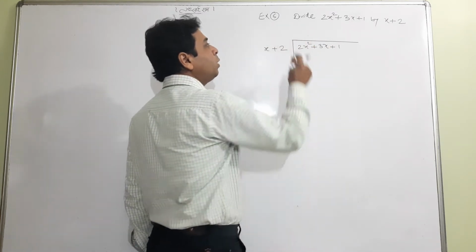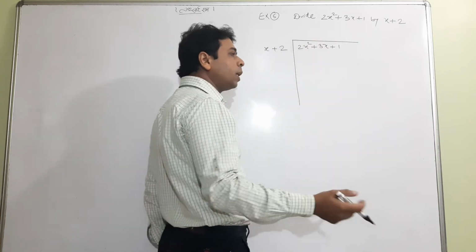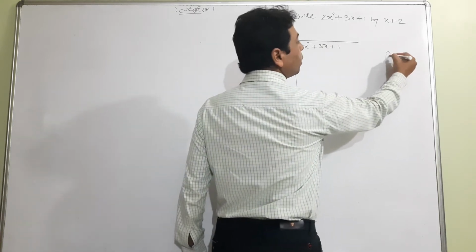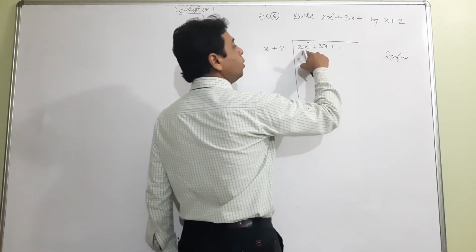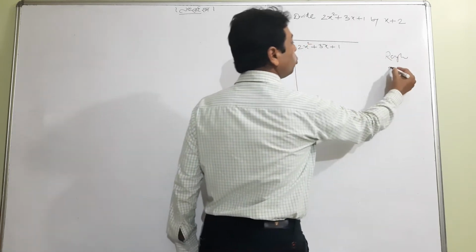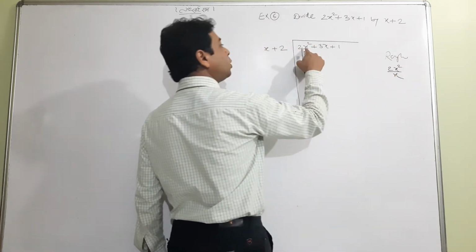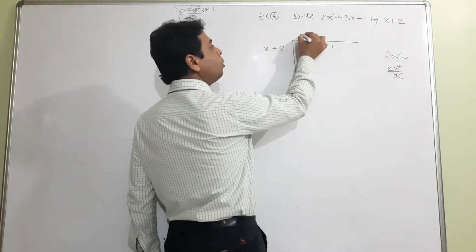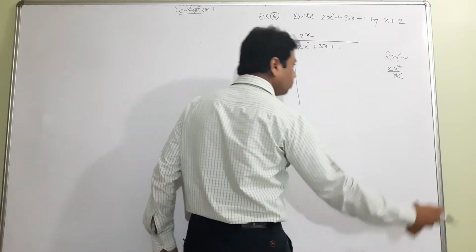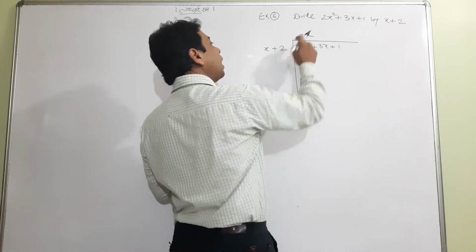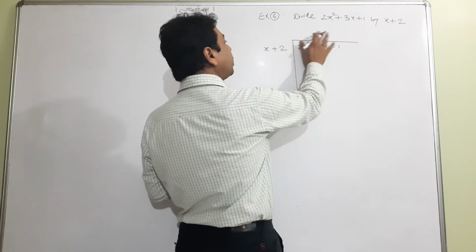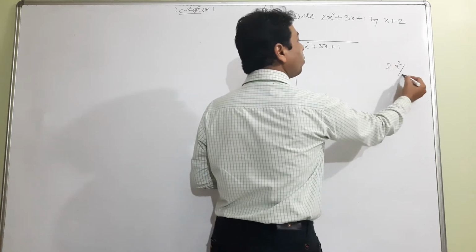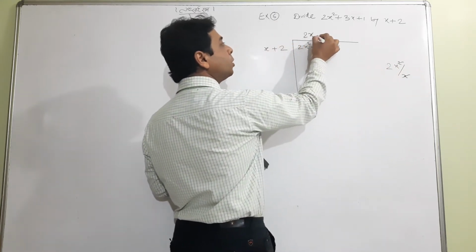This is very simple, I taught this in class 9. In rough work, you write 2x square upon x. You should divide, it is just checking. 2x square upon x, and what comes? It is very simple. 2x. So you have to write 2x here. Again I am telling you the first question is at what time it will divide initially. So how to check it? This upon this. 2x square upon x, what is coming? 2x. So 2x will be written here.